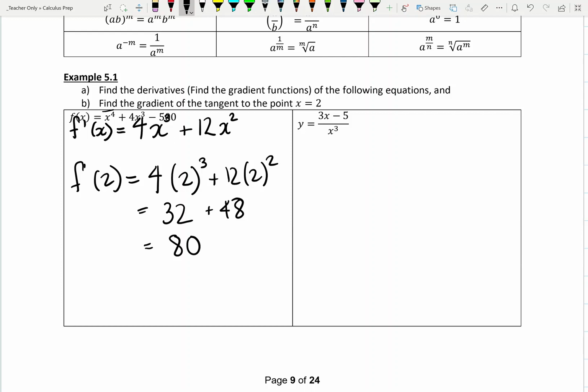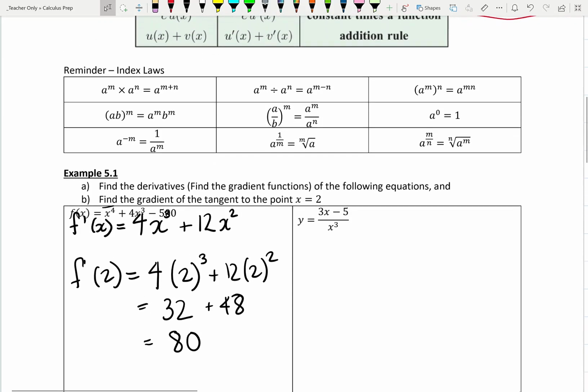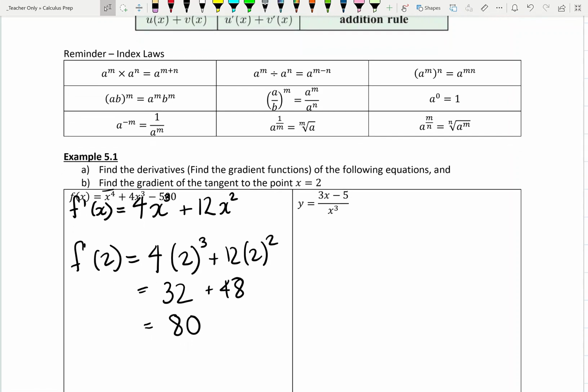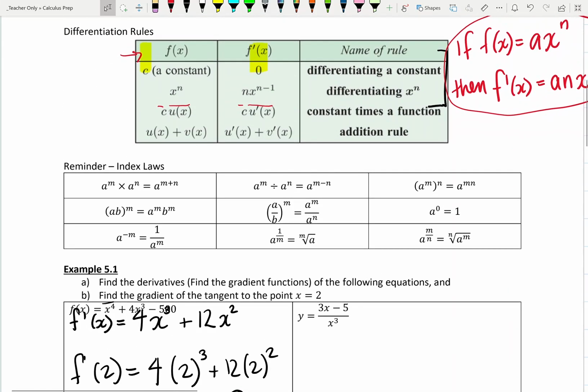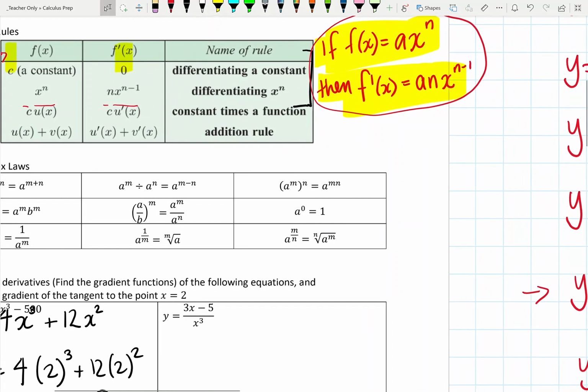All right, having a look at this next little one, it's quite a bit more complicated, and suddenly we're going, oh, that's not quite the same rule. How on earth do I do that? Well, the first thing that we need to recognize is that when we're doing differentiation, this rule, which is the basic rule, if f of x equals ax to the n, then f dash of x equals nax to the n minus 1,